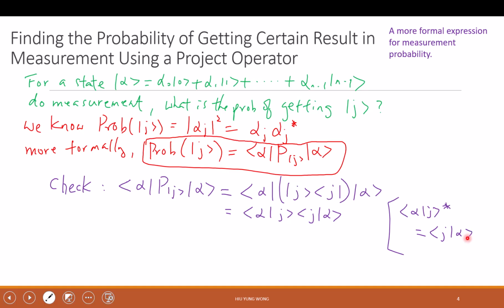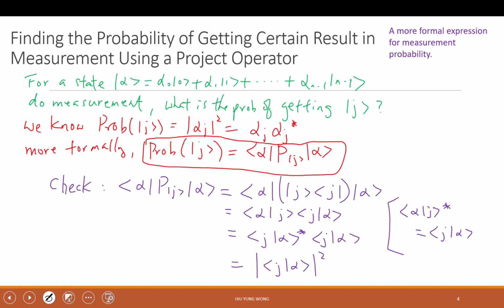This one we studied before. I go back to when we talk about bracket property, okay? They are complex numbers, right? So what we're getting here is alpha J. Let me use J alpha instead. That might be better, although they are the same. This is J alpha star, J alpha, right? And what did we just say? When a complex number is multiplied by its complex conjugate, it gives you the magnitude of that complex number squared,